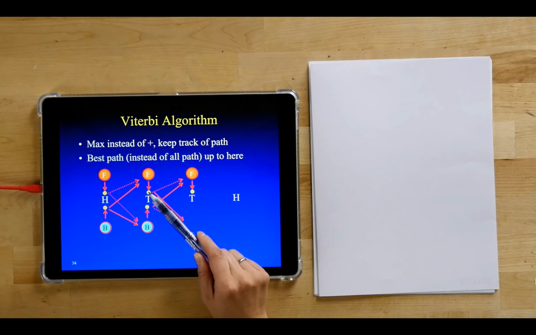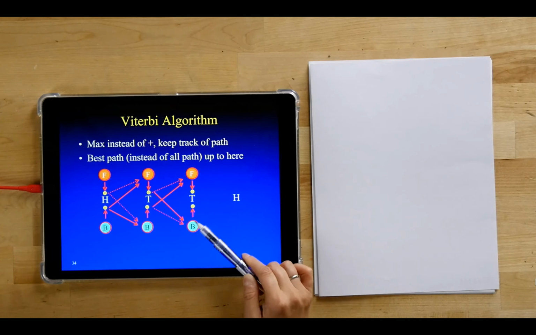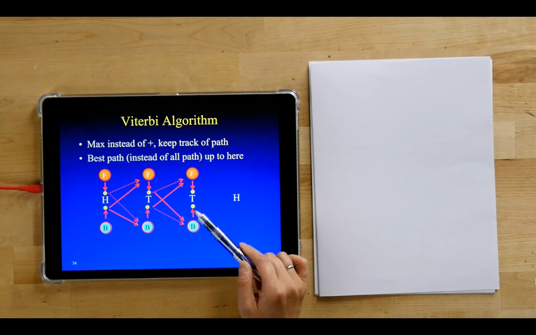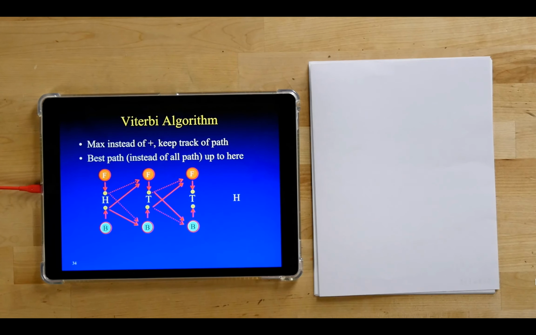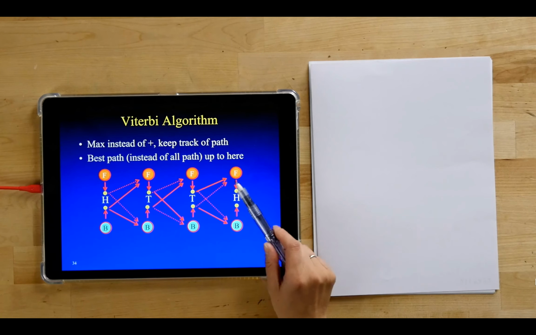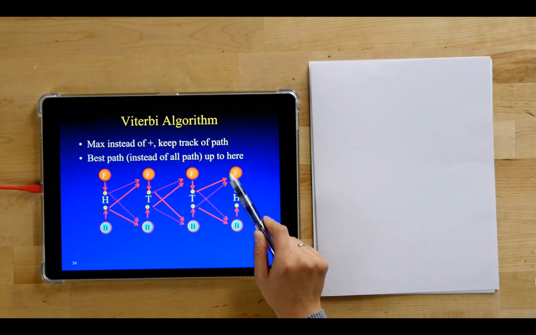So I know I'm going to come from the fair coin to get here, and now that I'm in a biased coin, I need to use this to emit a tail, so that's the emission probability from bias to tail. That gives me the new delta of the biased coin for the third coin flip, which is a tail, and we keep going, right? So the delta for this coin flip,